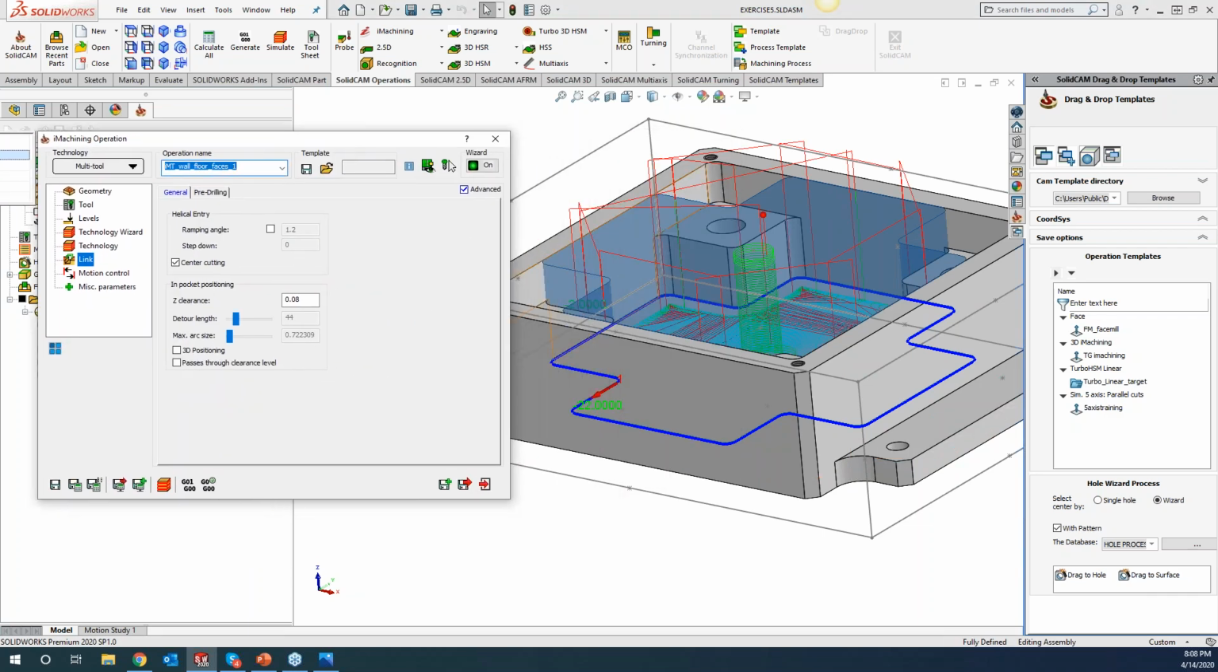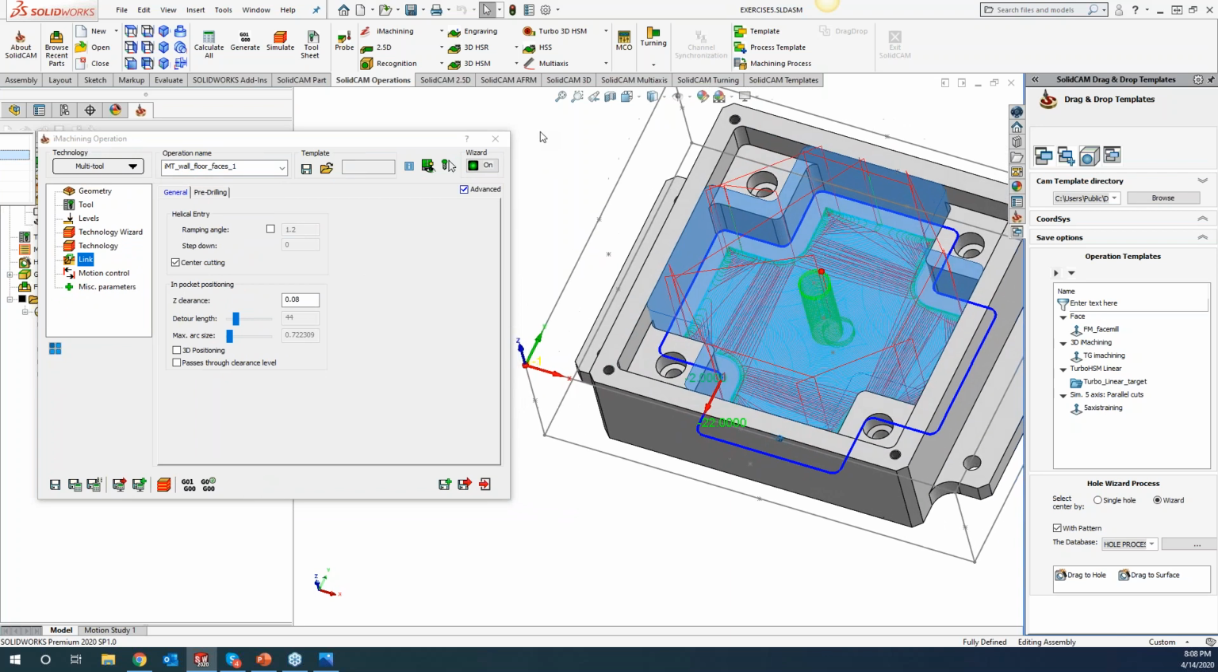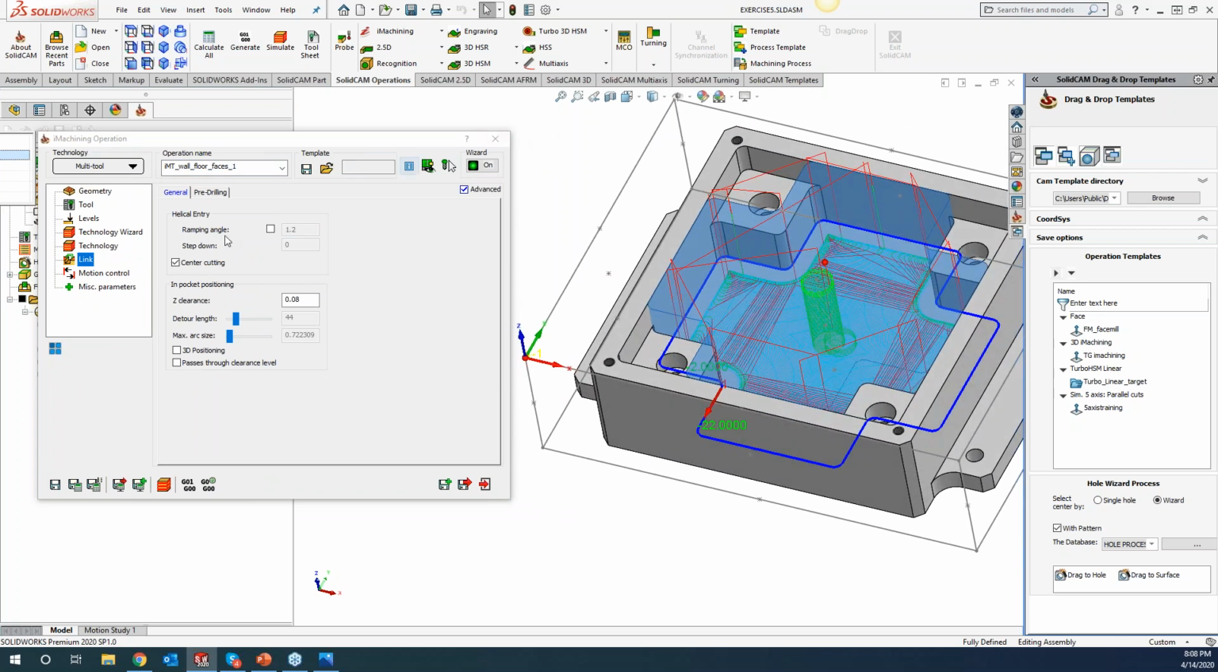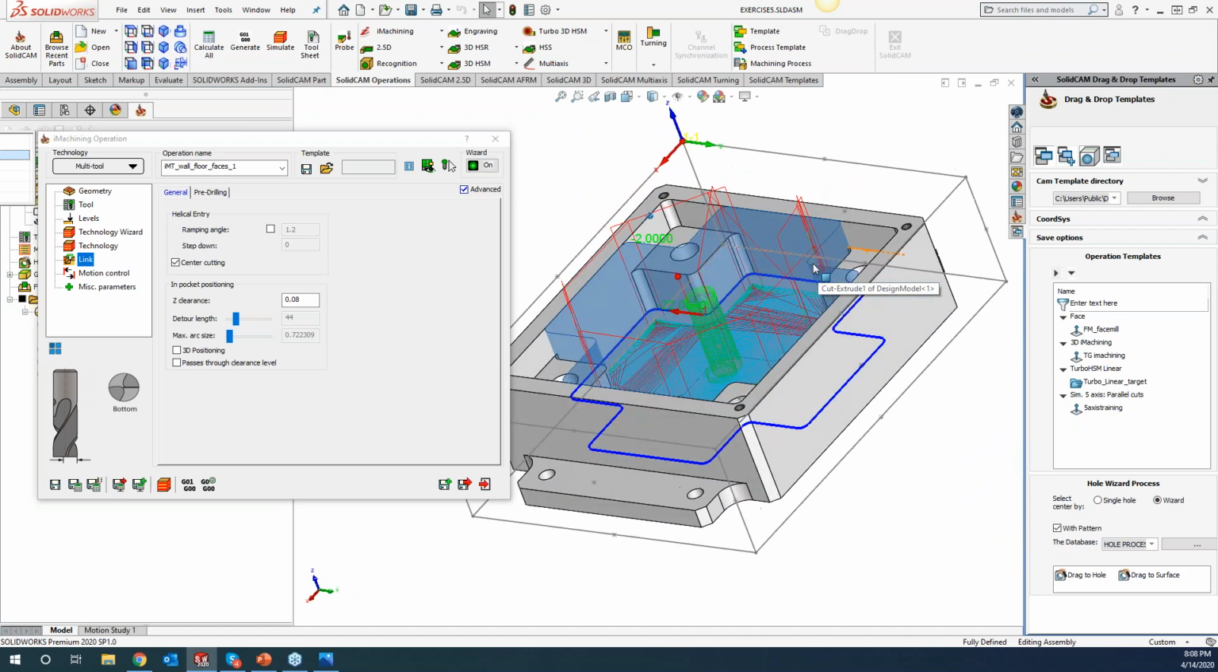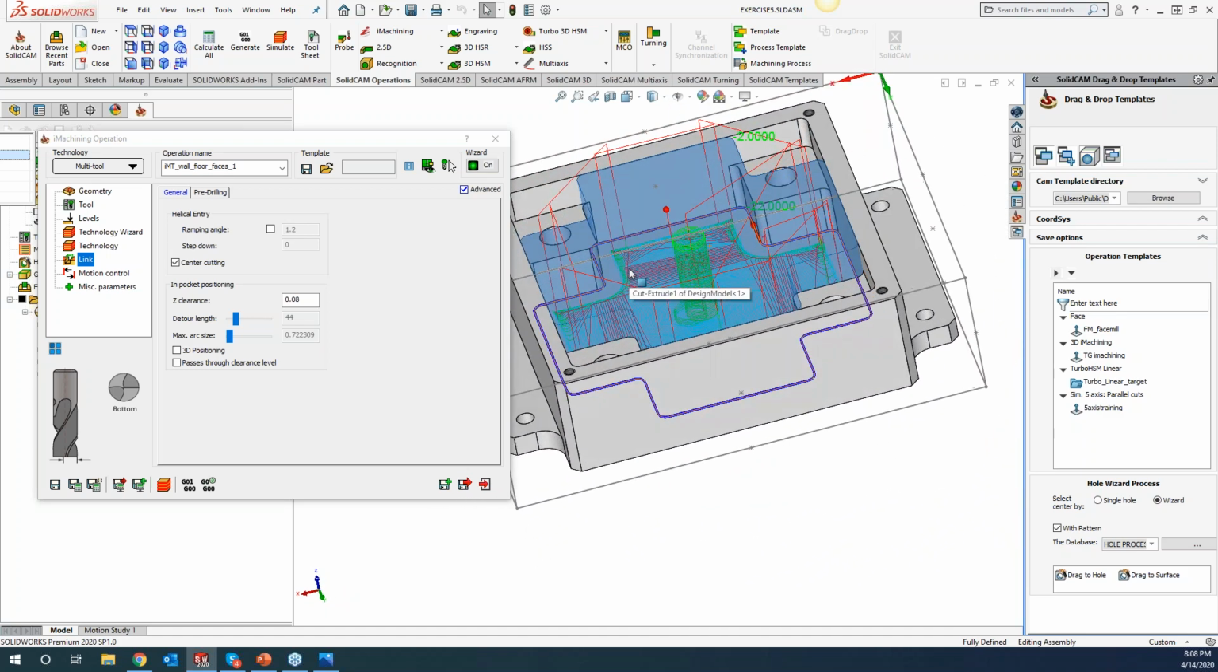In here, we have an internal pocket based off of the face recognition. You can see we have quite a few movements going up and down all the way around this part, especially when it gets into the tight corners for the trochoidal, and then it's switching over, then it jumps over to the other region. So we can turn on our 3D positioning,